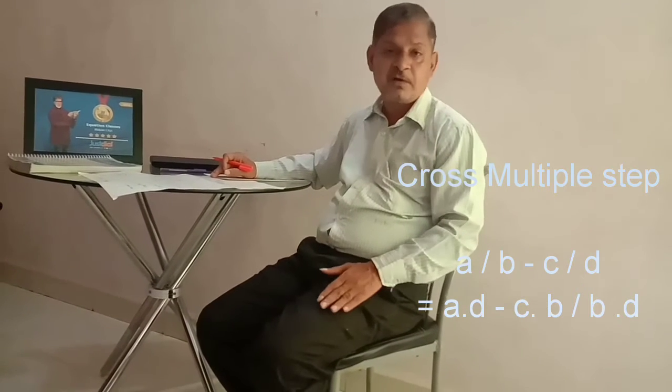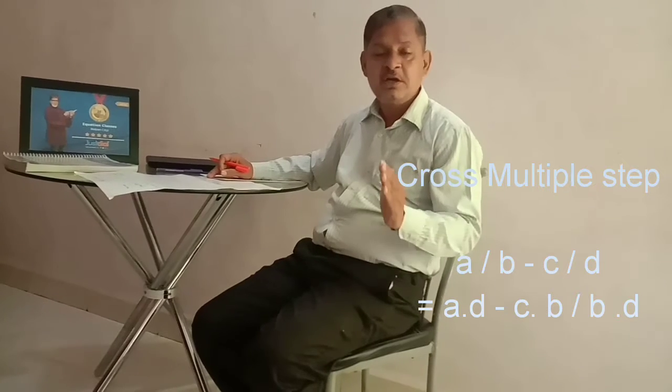And the basic law for multiplication: if a by b into c by d is the fraction, then you multiply the numerators and multiply the denominators directly, and you will get the answer. For division of fractions, if the fraction is a by b divided by c by d, then you put the multiplication sign instead of division and interchange the second fraction. Interchange the second fraction and multiply. The law of multiplication is used there, and you get the answer by multiplying the numerator part and multiplying the denominator part.